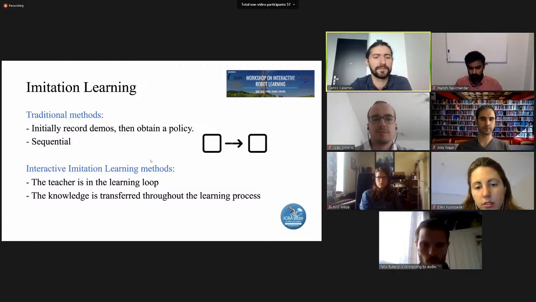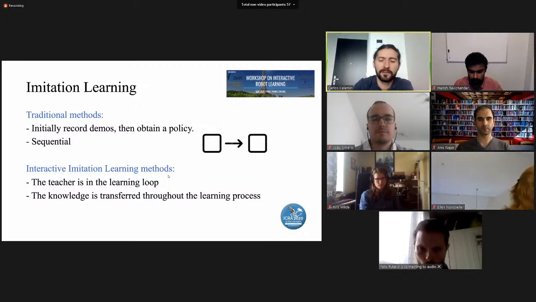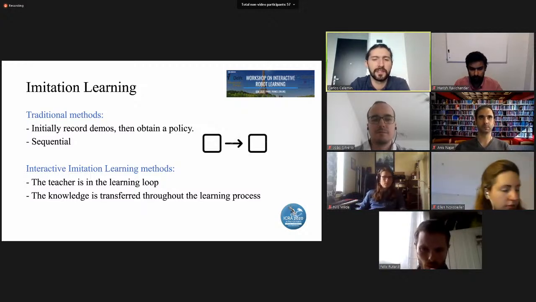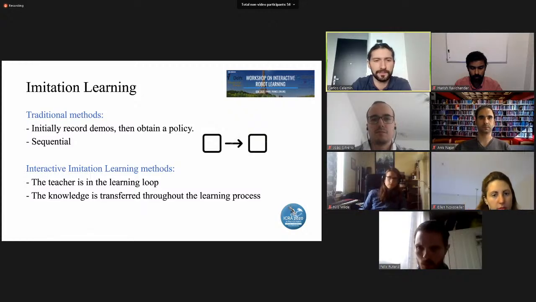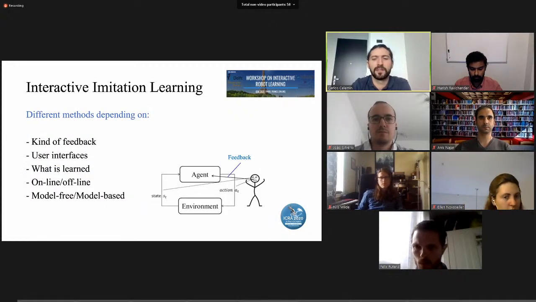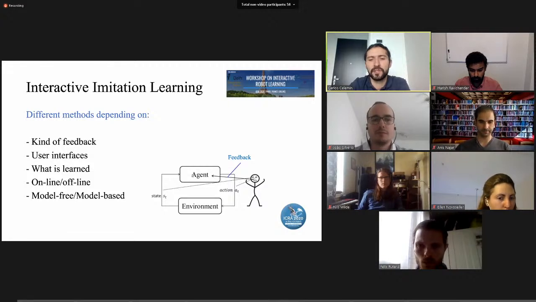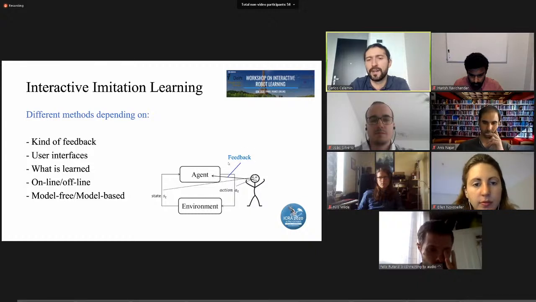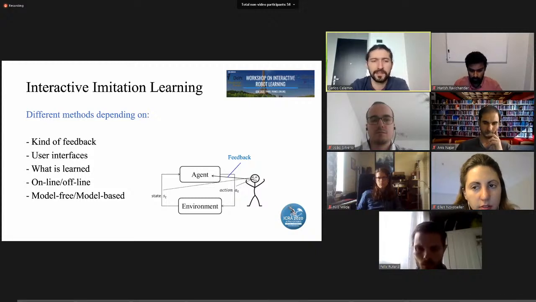So the knowledge is not transferred in the initial step, but throughout the whole learning process. The user observes the interaction of the agent and the environment and provides feedback, which could take many forms: evaluative feedback, corrections, demonstrations or corrective demonstrations, preferences, rankings, etc.